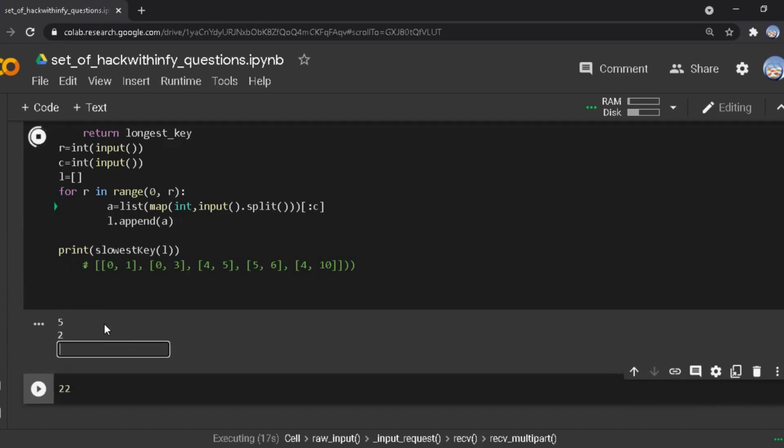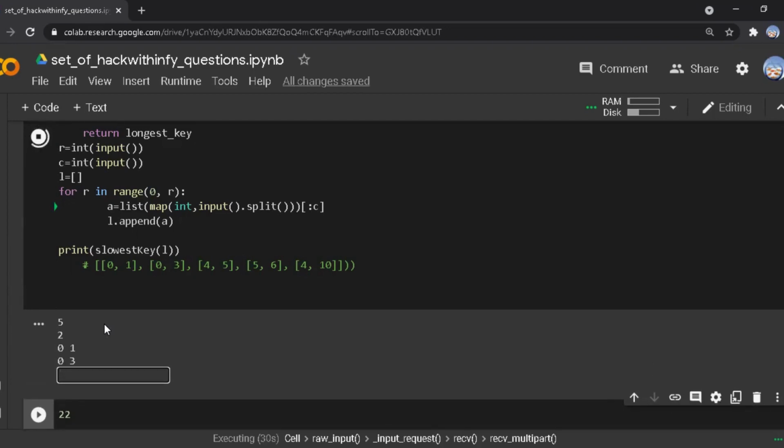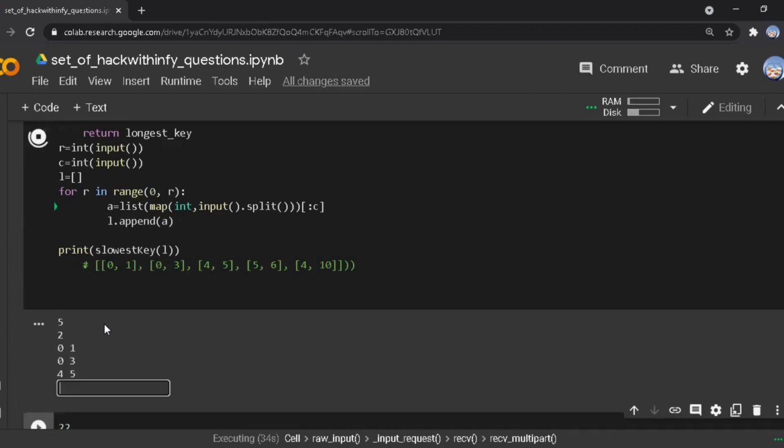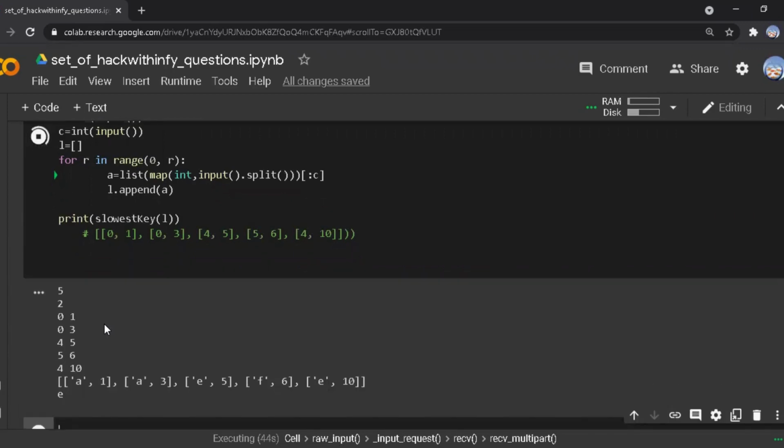We have to type the values 0 and 1, then 0 and 3, then 4 and 5, 5 and 6, 4 and 10. It gives E as the output.